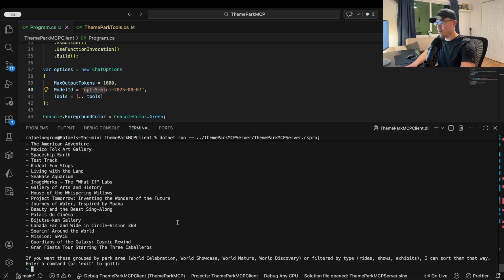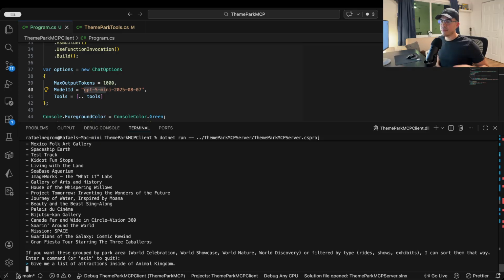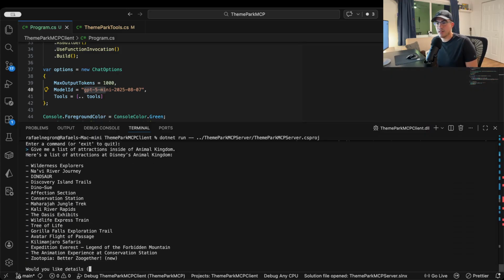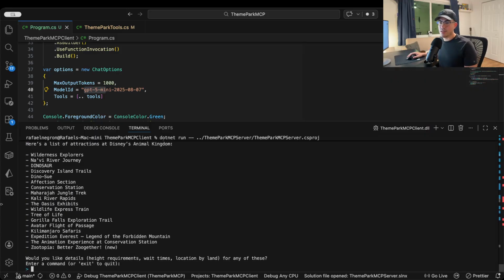Let's try one more. Give me a list of attractions inside of Animal Kingdom. Okay, let's see what this does. It's going to be a long video, but I'm really glad that a lot of this happened because we got a chance to see a lot of things. Now we have all the different ones. This is sad because Dinosaur literally just closed. But anyway,